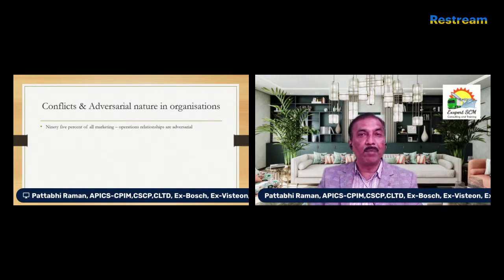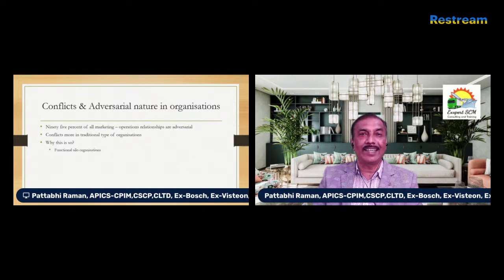Marketing versus operations, they will always have a problem, and if you enter any meeting room, you will see fire in the meeting room, and also finger pointing, because there is no clear agreement between the sides, especially sales and operations, on what will materialize in the coming months, and no concurrent plan exists in most of the normal traditional industry. Okay, conflicts are there in traditional types of industries, and you have to understand why this is so,